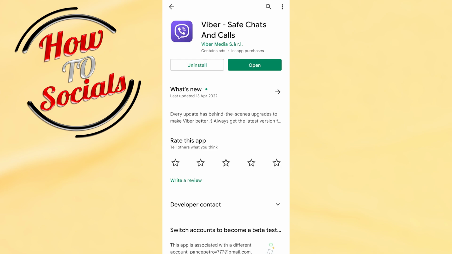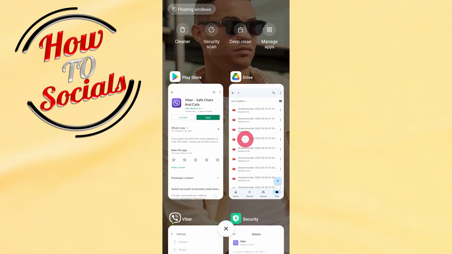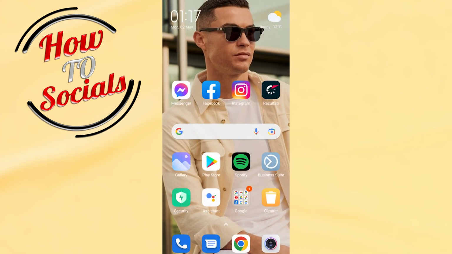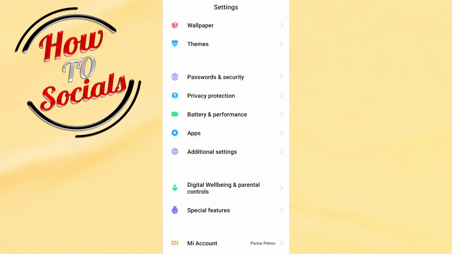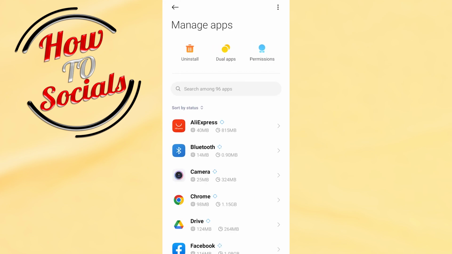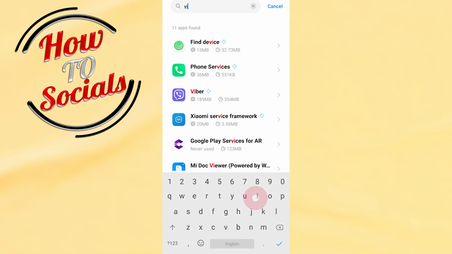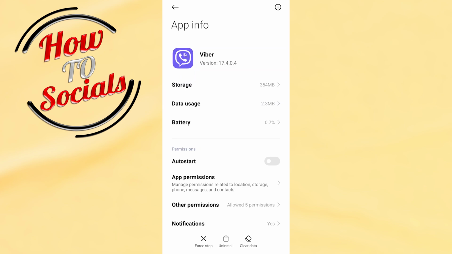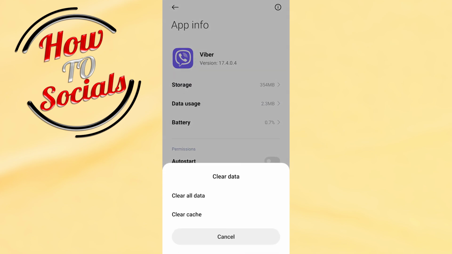Now what I need to do next is go into my settings on my phone, and then go for applications. Choose the second selection, which is manage applications. In the search box, type Viber so you don't waste your time finding the application. Then go for clear all data. Firstly clear cache, the second step, then go clear all data, and with this it could simply fix the